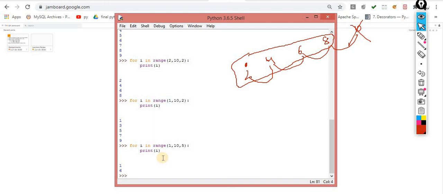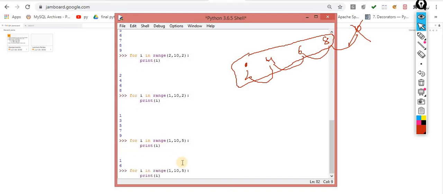But sir, one more thing. Can you please print 10, 9, 8, 7, 6, 5, 4, something like this in reverse order? Yes, we can do it. By default, the stepping is positive, so I am specifying it over here.